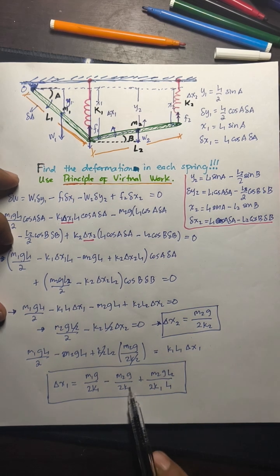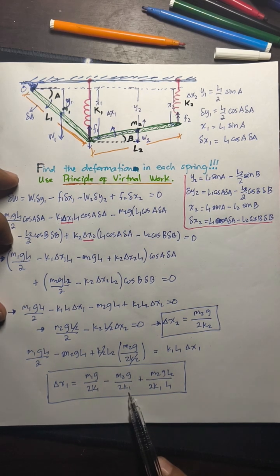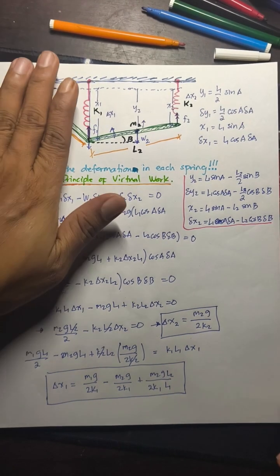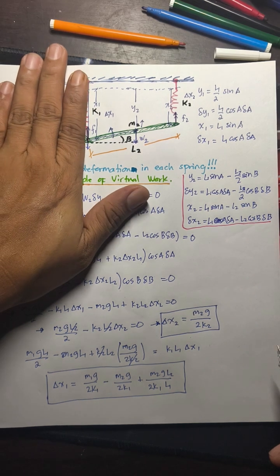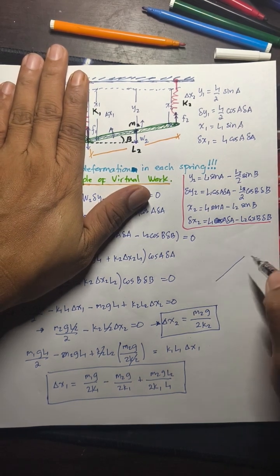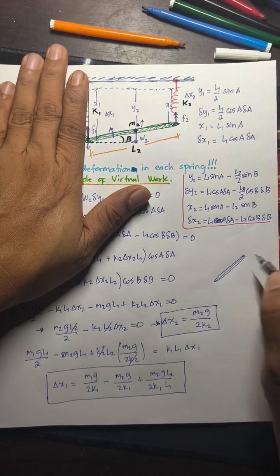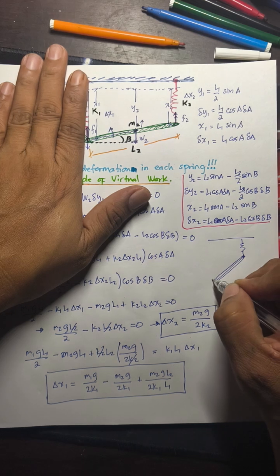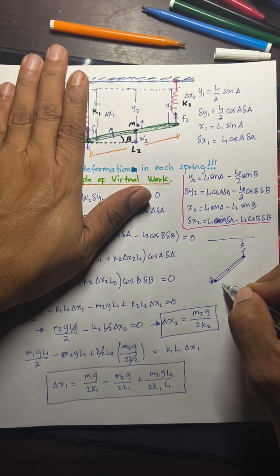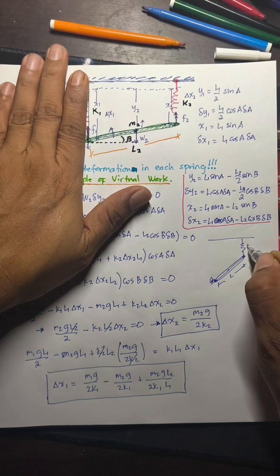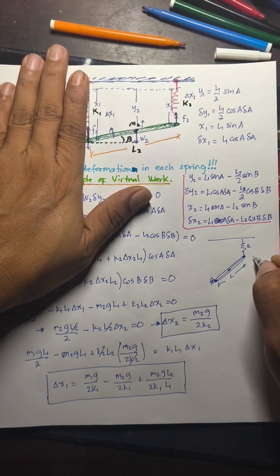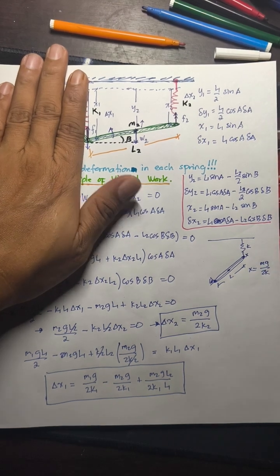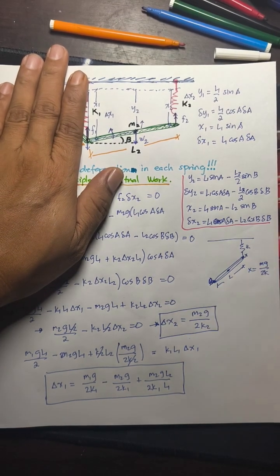Now as you can see, the first deformation is complicated as compared to the second one. In fact, you would get this exactly even if there's no spring here, if I just have this structure here. And we know that this is correct, because if we have this structure and fix this on one end, and this is of length L, and this is of constant K, you would see that the deformation X here would just be equal to mg over 2k. You can solve that again using virtual work.